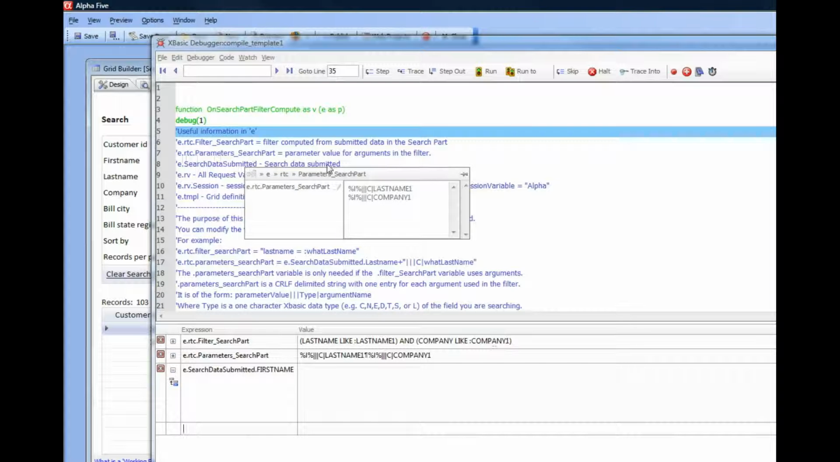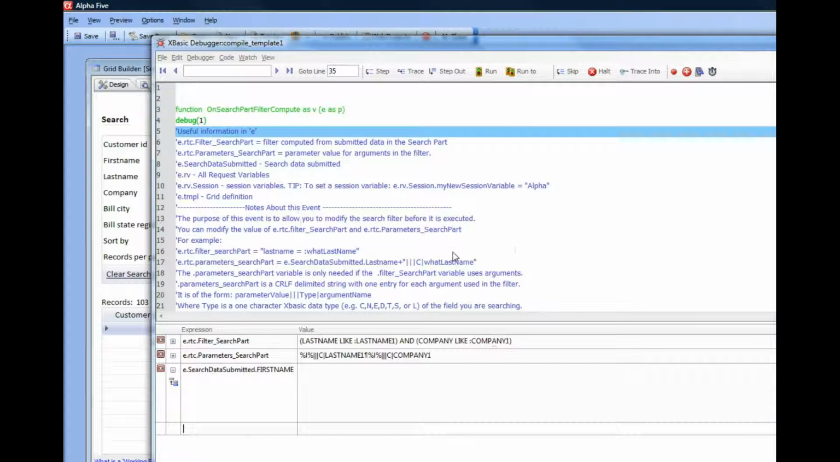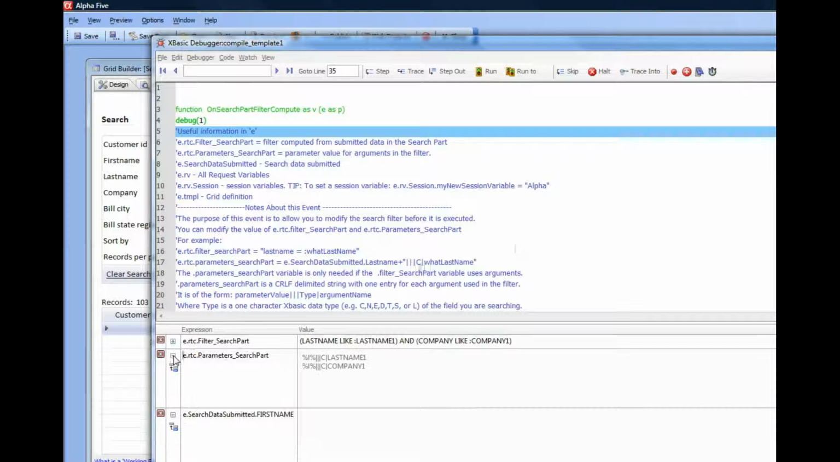The value of the arguments is set in the second property here called E.RTC.parameters underbar search part. This property contains data in a format that looks like this: value, then 3 pipes, then a data type, and then the parameter name. Let's look at the parameters property, and if I press the plus to expand it, we can see this is a CRLF delimited string. So you can see that the last name 1 argument has a data